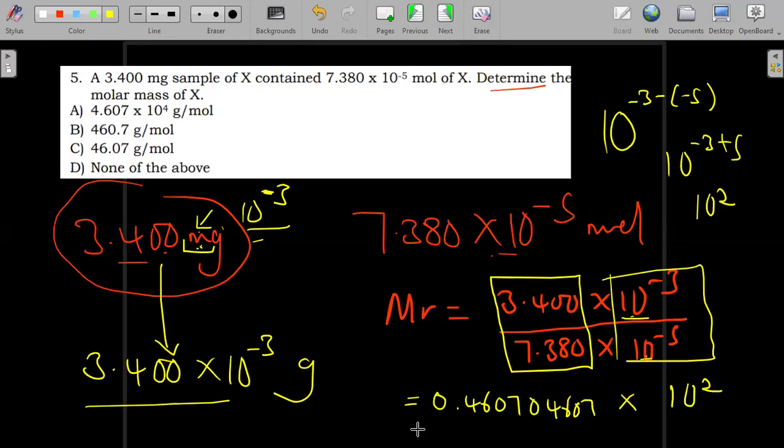And then 10 to the power 2 is the same as 100. So I'm multiplying this number here by 10 to the power 2, which is the same as 100. I'm going to get